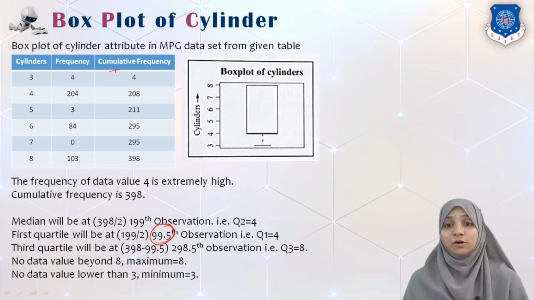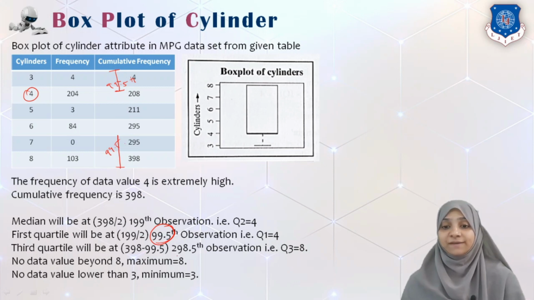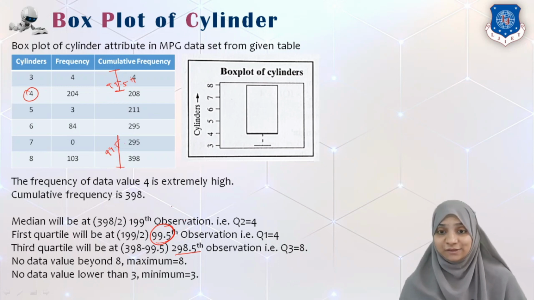That means from the top I will go and check up to the 99.5th entry, which falls at this location. So from the bottom half list I want to find the median. I will take the 99.5th entry from the bottom. So I will take 398, which is the bottom value, minus 99.5, that is equal to 298.5 observation or sample. So I can either consider the 298th sample or the 299th sample.